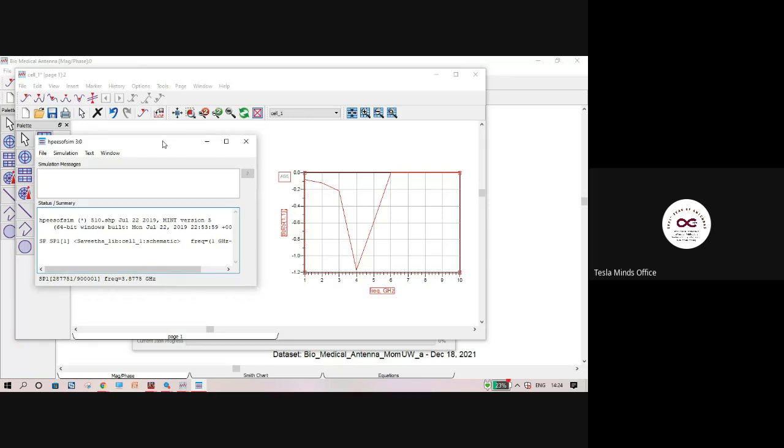In the afternoon session, we designed a very simple microstrip patch antenna using the ADS software, and then we analyzed the frequency response, the first graph which we have seen. Then we analyzed the other parameters. In total, 10 different parameters I've shown you, required for antenna design.